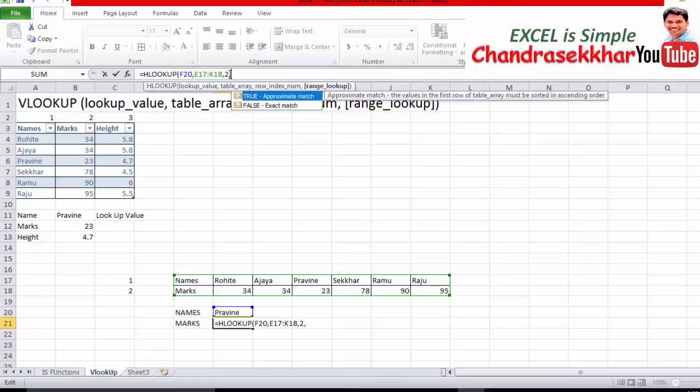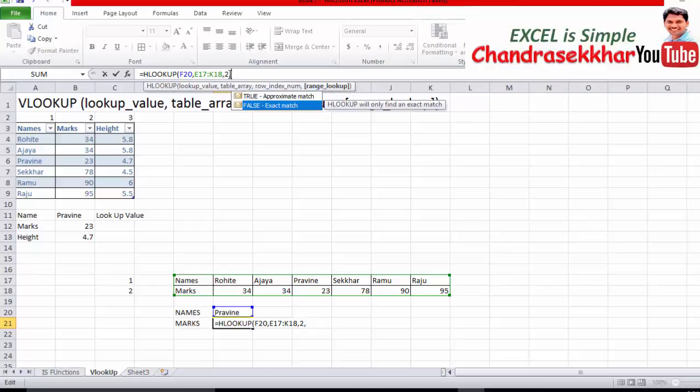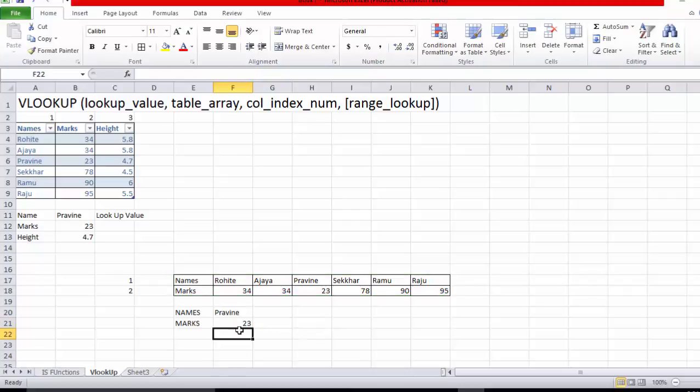Is the data sorted numerically or not? No, it's not sorted numerically, so I am going for false, which will result in an exact match. By default, you should make it false only. It's better to go for false. So if I change the values now,